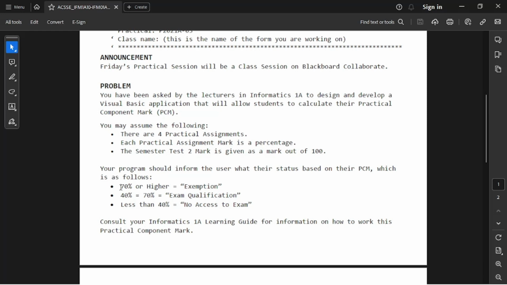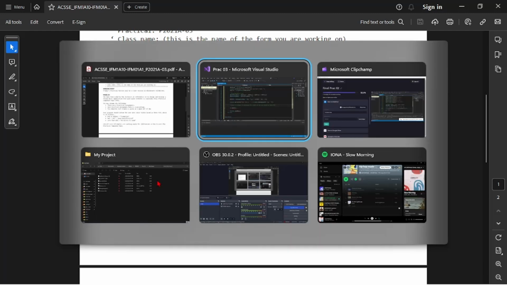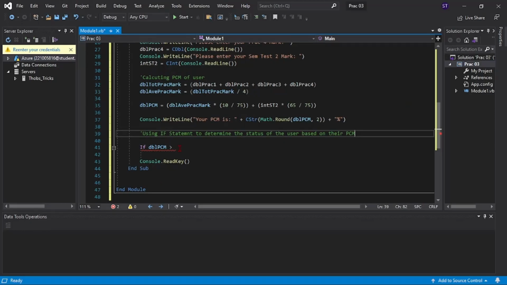So for now I'm just going to guess that it's 70% or higher. Okay, this is tricky. When it equals 70% or higher, that is an exemption. So it's going to be when the PCM is greater or equals to 70, right? Then